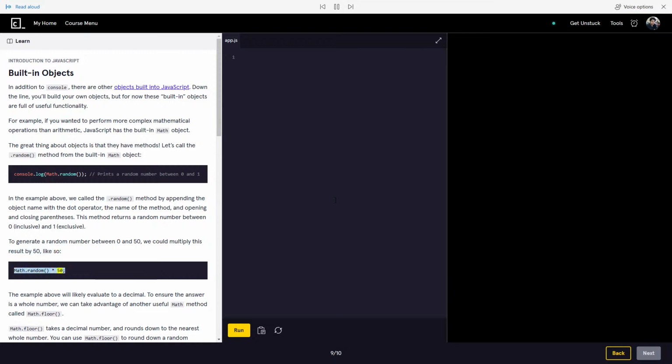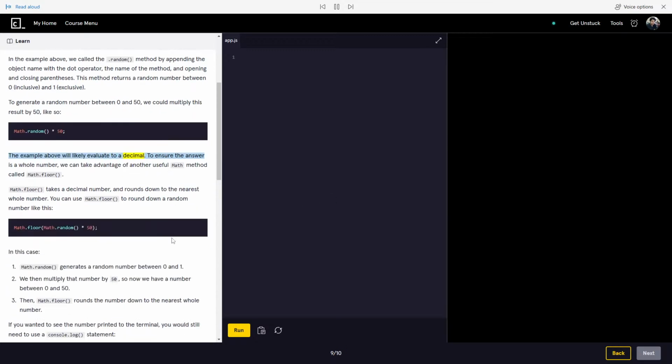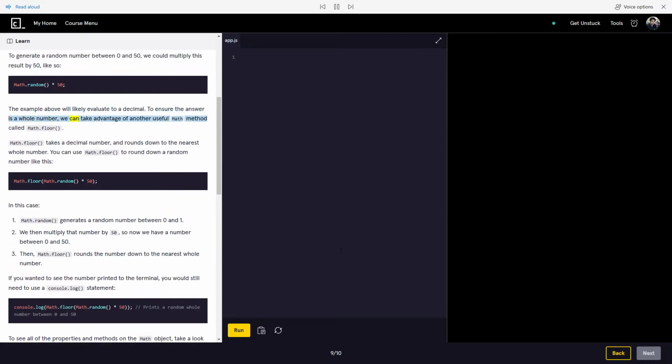Math.random() * 50; The example above will likely evaluate to a decimal. To ensure the answer is a whole number, we can take advantage of another useful Math method called Math.floor. Math.floor takes a decimal number and rounds down to the nearest whole number. You can use Math.floor to round down a random number like this. Math.floor(Math.random() * 50); In this case,